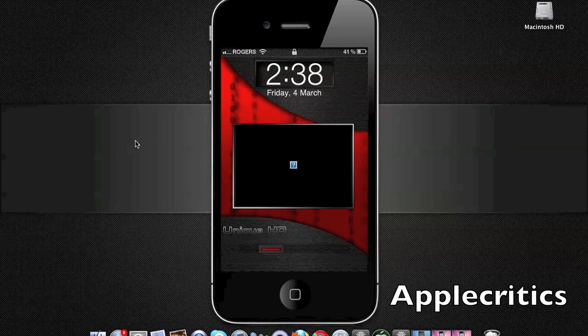Now, the next theme in this video at number 3 is a theme called Unique HD. Now, you do get a custom background, which most of the background is red, but with a dark black color on the sides, and you do get a custom background that goes around the actual time. And you do get a custom slider at the bottom, and then in the middle would be where a picture would be, and it does say Unique HD on the bottom left corner. Now when you slide to unlock,